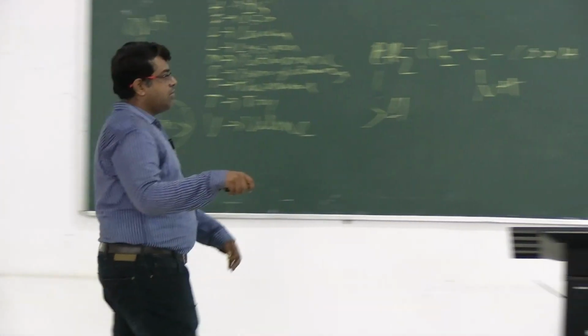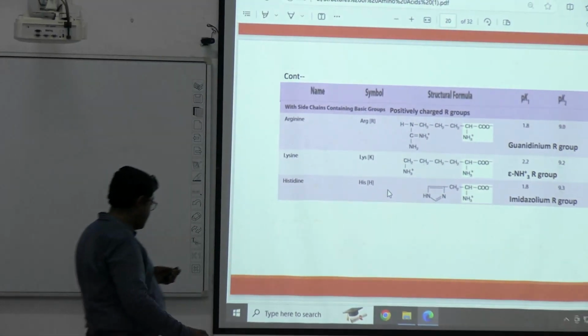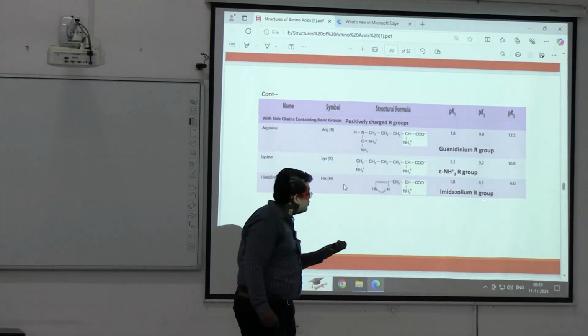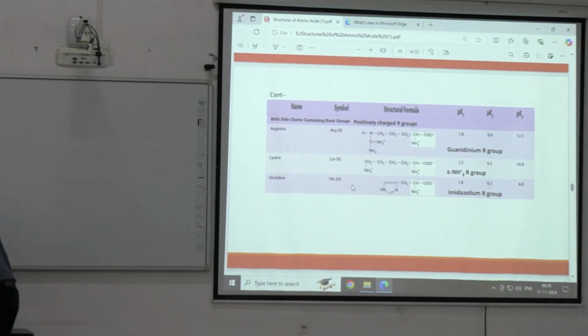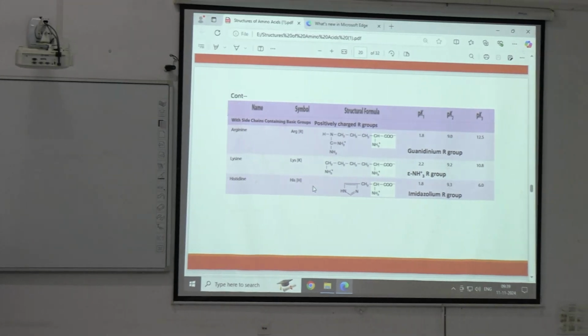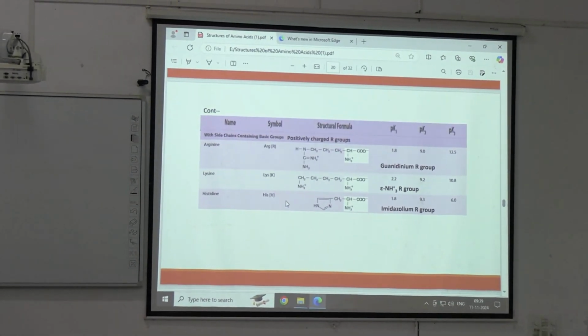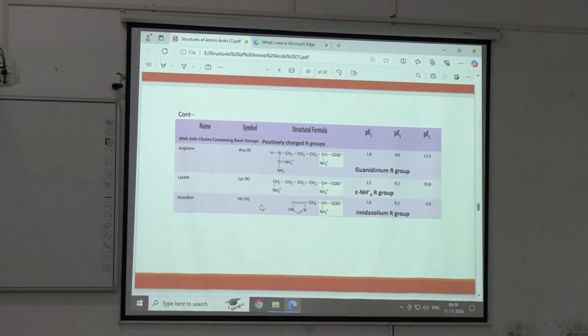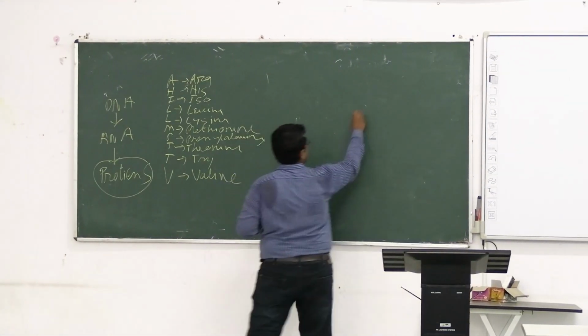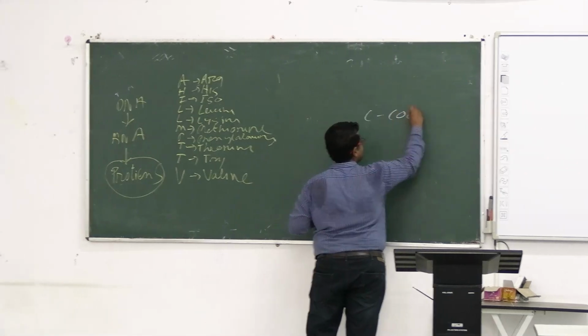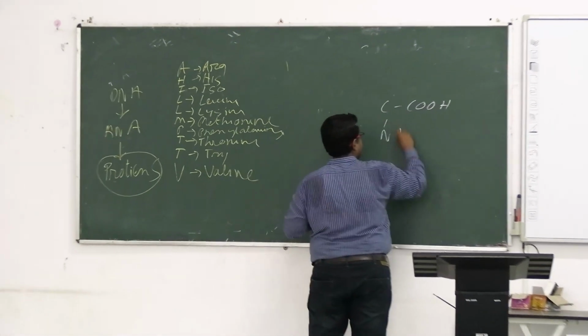Now let us talk about histidine a little. It contains a group which is called imidazolium group. Now how this nice thing happens looks something like that. Alpha carbon, COOH, NH2,